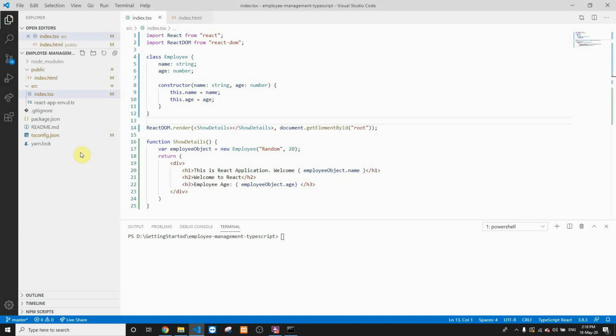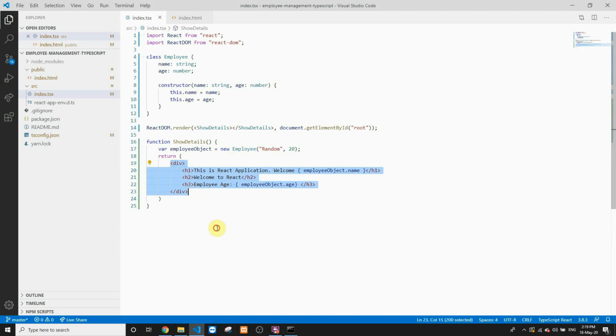Again, this particular file is slightly restructured. As we have seen over here, we have a TSX file. This TSX file can have all the TypeScript objects, classes, interfaces, and all those things. And then inside this TSX file, we can create certain components, and these components can be rendered using a React application. So whatever we are returning from this particular component, which is this div, this is called JSX.